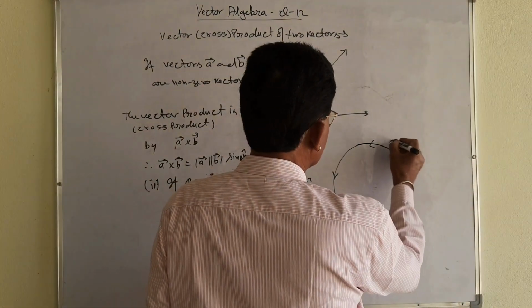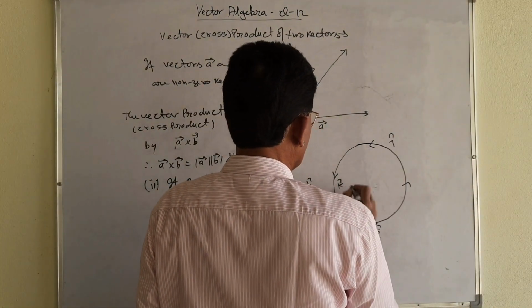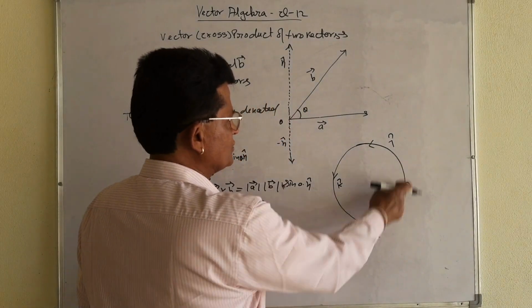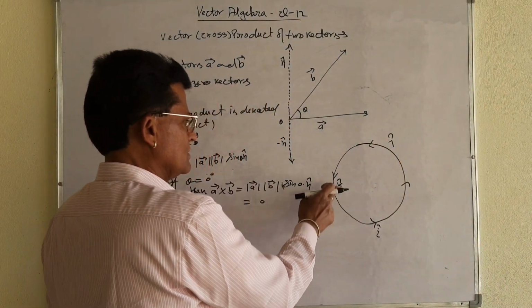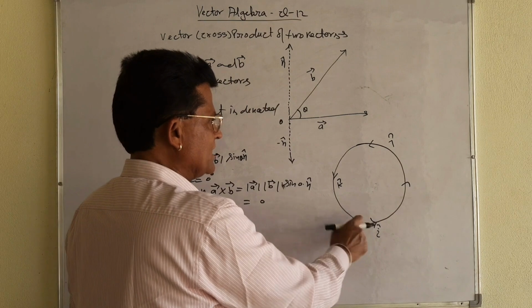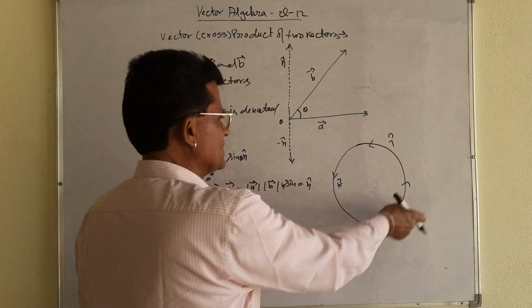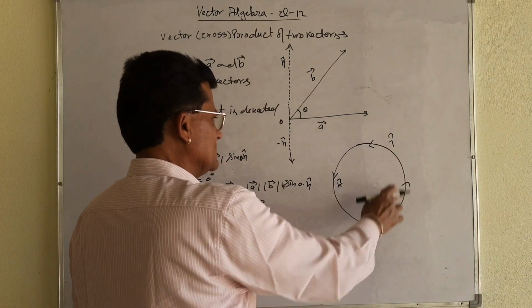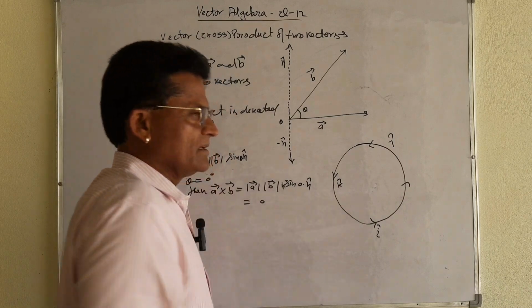I will take the clockwise J and K. You must have to take the clockwise. I cross J will be equal to K. और I cross J आपने ले लिया, I cross J इधर से तो ले सकते हैं, और जब यदि आपने J cross I ले लिया तो माइनस K हो जाएगा.